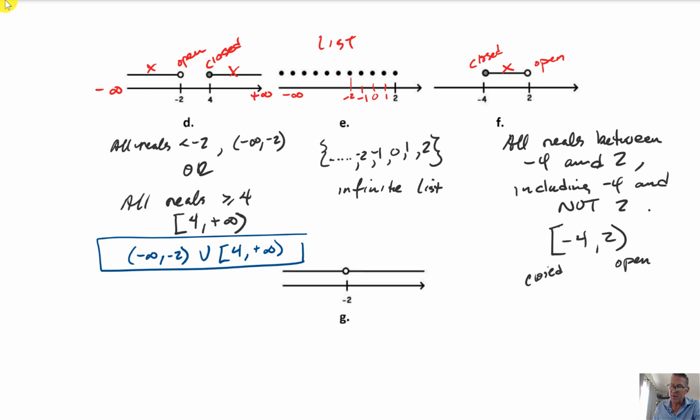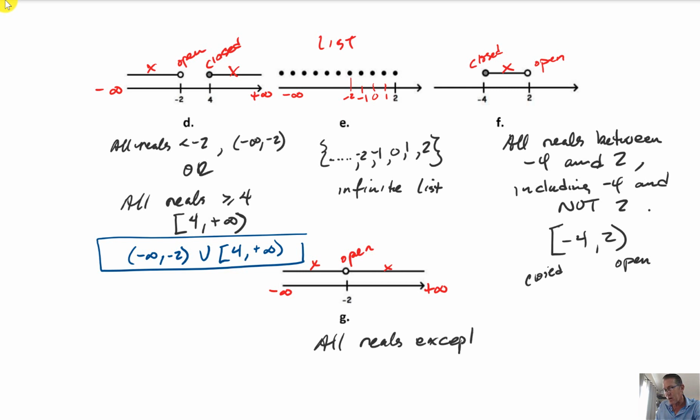Okay, and then the last one here, this is a cool one. This graph doesn't end to the left because it hits the end of the window frame, and it doesn't end on the right either because it hits the end of the window frame. But it's open here at -2. So x can be any number over here to the left of -2 and any number here to the right of -2, which means it's all reals except -2. So that's how you write it, all reals